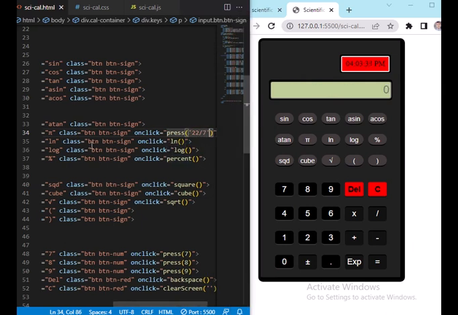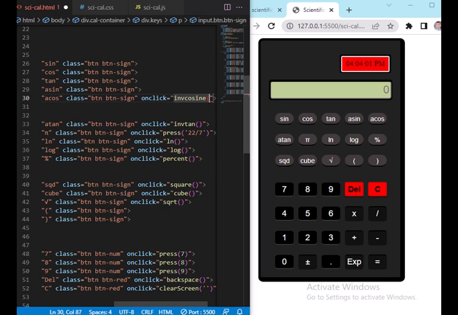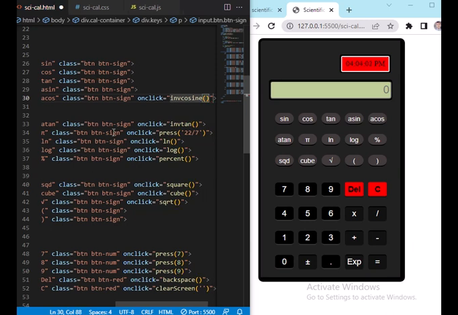All right, so the next one we're going to have is the tan, and tan is going to be inverse of tan. So I'm going to say on click inverse of tan, and here a cos. So there's going to be inverse of cos. So I'm going to say on click inverse of cosine. All right, and this is a sine, and I'm going to say on click inverse of sine,